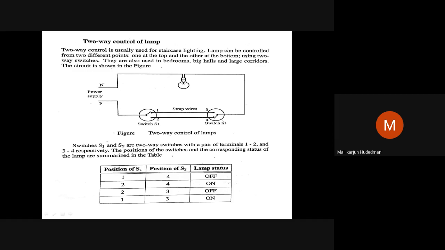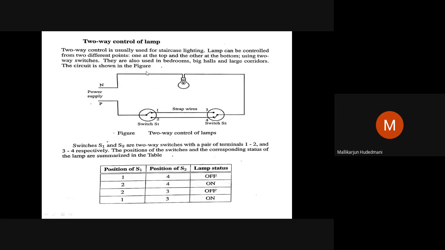Similarly, I have at the staircase end, when I climb up completely, again I will provide one more switch. This is called the up switch or switch S2. So that is having a connection between switch 1 and switch 2. We can see switch 1 is having up contact, down contact. Up and down contact are called runner wire or a strap wire. They run all along the staircase wall. They connect to points. And the input you have taken from the supply board, from this point exit is taken and connected to a lamp holder, and from the lamp the other side is connected to the neutral, to make it a closed circuit.